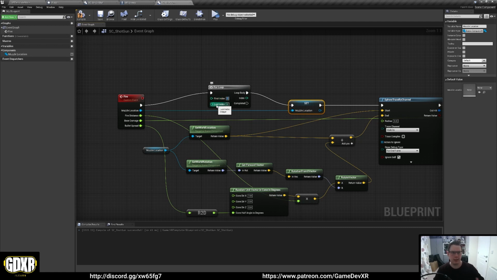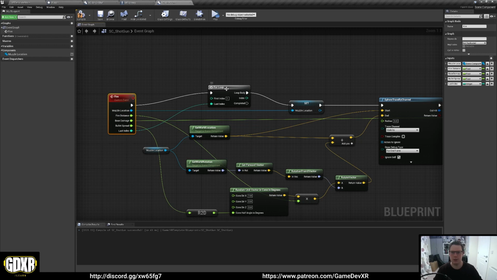So this is the number of pellets. And if we're still going for that control, we just want to drag this into our fire component or custom event, and you'll see it updates. So now what we can do is this will loop every time we fire it, but we can go to